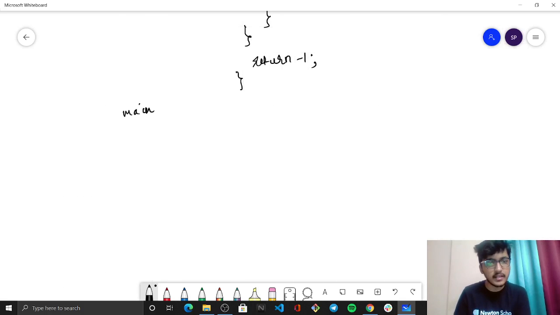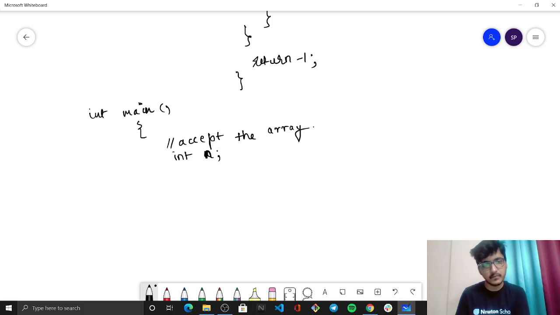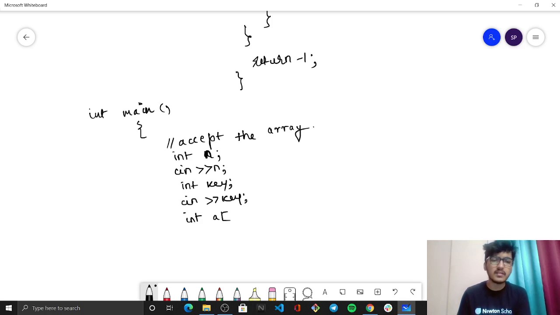मेन फंक्शन में हम जाएंगे। मेन फंक्शन में जाके we will be, you know, how to accept the array, which is int n, cin of n. int key, cin of key, that we have to find. Then we have to declare the array, int a of n भी लिख सकते हो, a of 1000, मैं लिख रहा हूँ कि 1000 एलिमेंट की एक array है, suppose